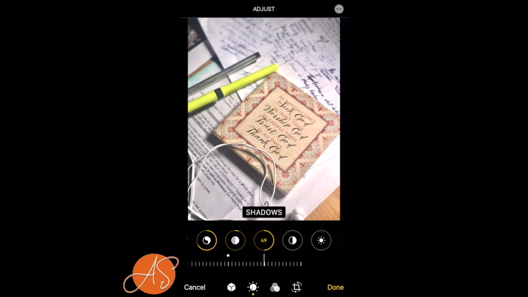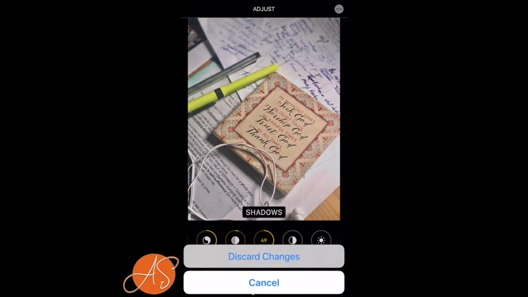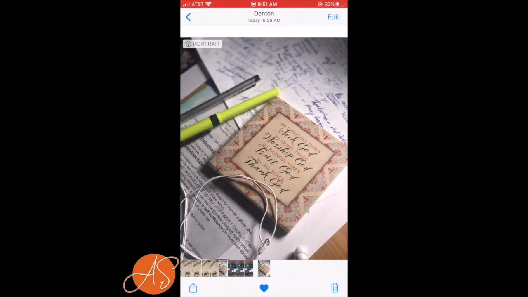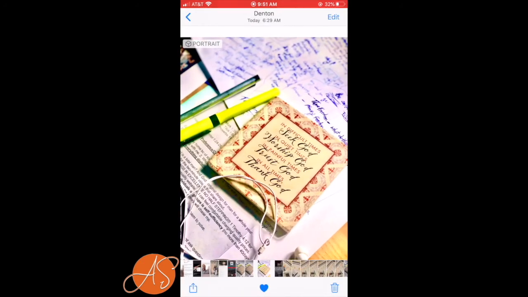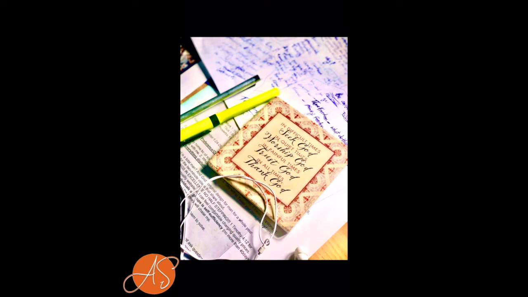And like I said, I don't have an iPhone 11, I have an iPhone 8 Plus. Okay. So I'm just going to leave it here. At the bottom right, if you click the done button, that adjusts it and makes it to the updates that you have made. I'm going to go ahead and click cancel, and I'm going to show you the one that I made. So yes, I took that one, but right here, this is the one that I'll be posting on February the 9th of 2020, to my personal page, my Facebook page, Artiz Strouds,